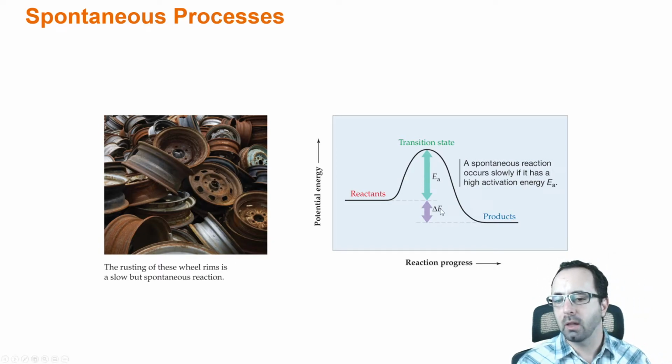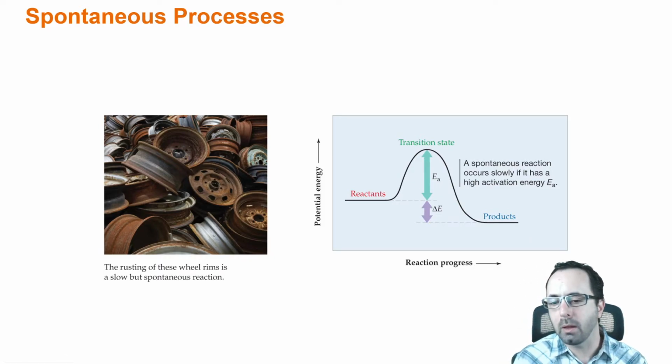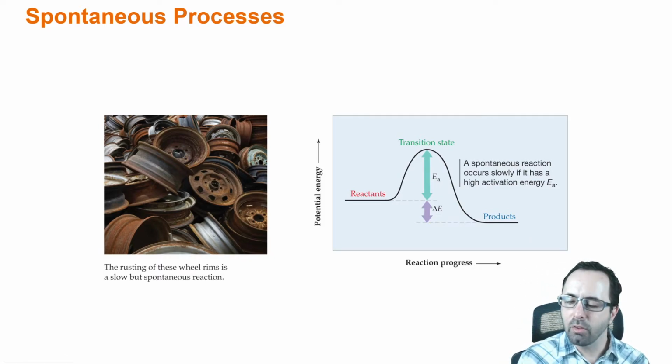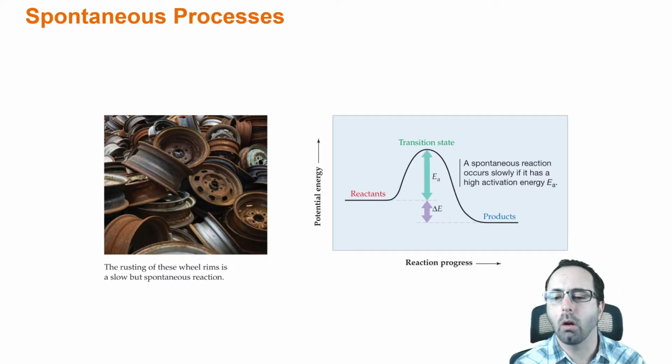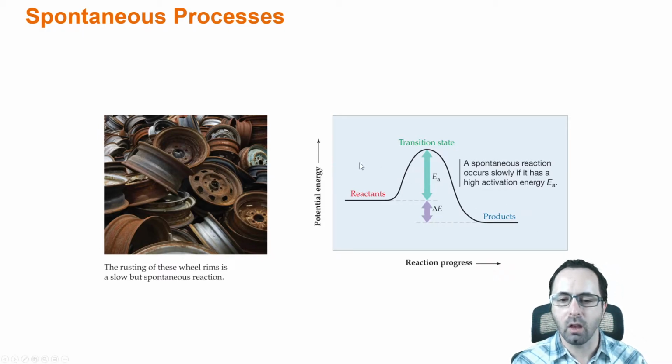Those are wrapped up in this quantity right here, the difference in energy between the reactants and products. And in the past, we've thought about this as heat energy or enthalpy, but we're going to be thinking of a different kind of energy as we move forward called Gibbs free energy, which gives us a better indication of whether a reaction will be spontaneous or not. But what we're not going to be concerned with is activation energy. We're not talking here about how quickly or slowly reactions happen, only whether or not they will happen if given enough time.